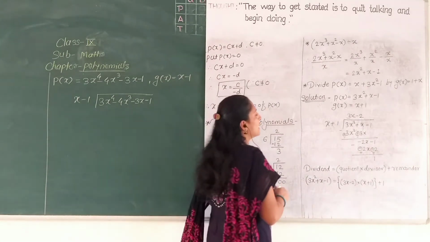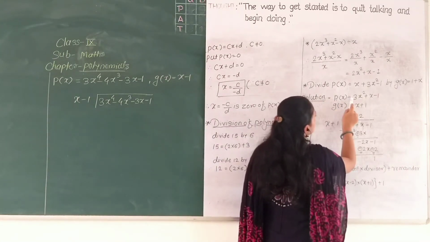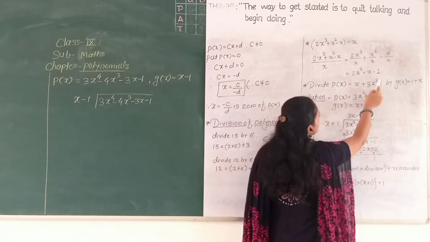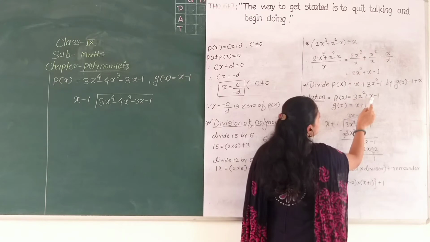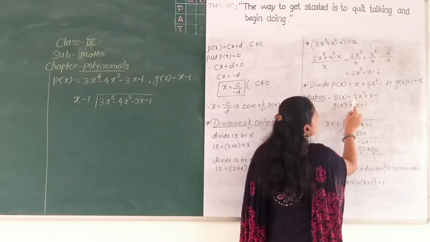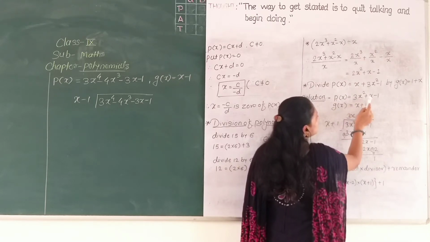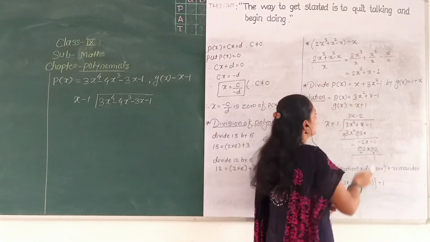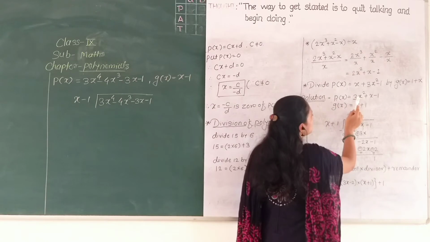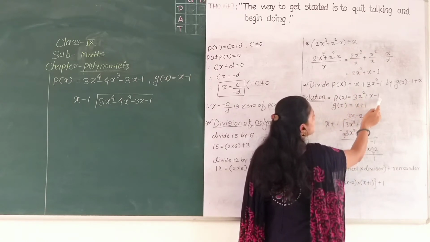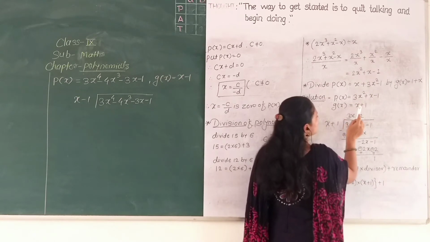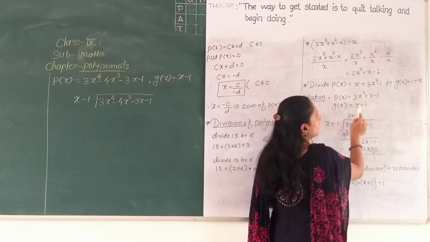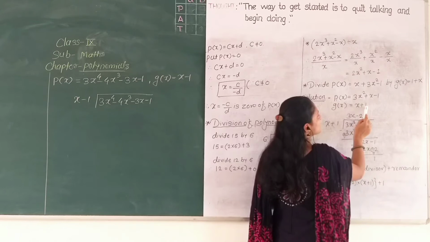Okay. So I write here P of x is equal to, here the highest power of x is 2, so the first term is 3x square plus x minus 1. So I write this P of x in descending order of power of x: x square, x, and here x is 0. Okay, so P of x is equal to 3x square plus x minus 1. Also g of x is x plus 1. Okay, I write here g of x is x plus 1.